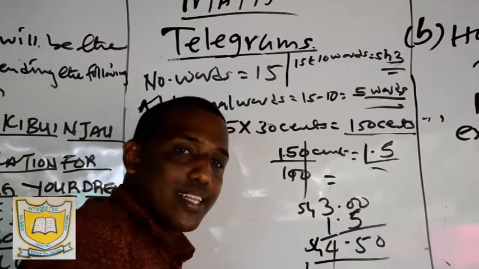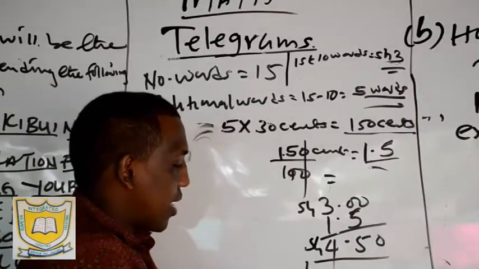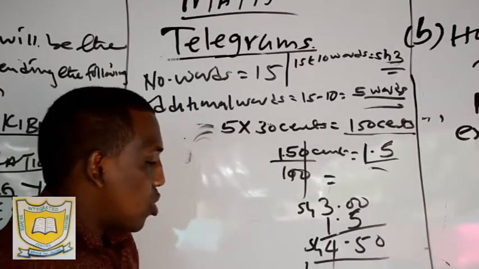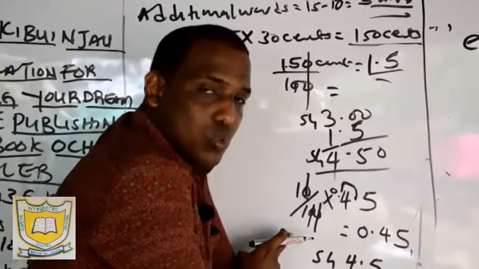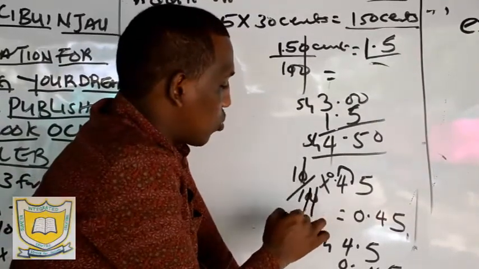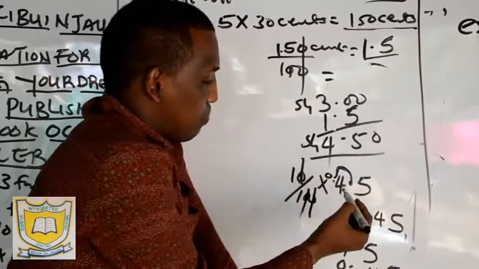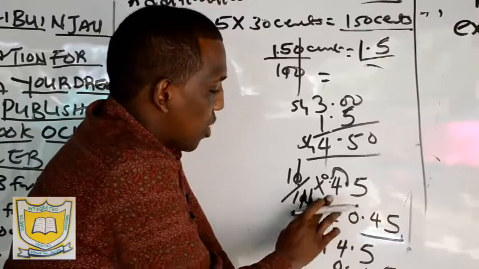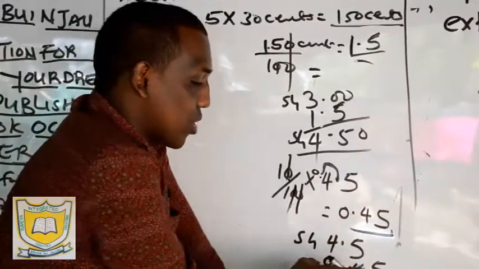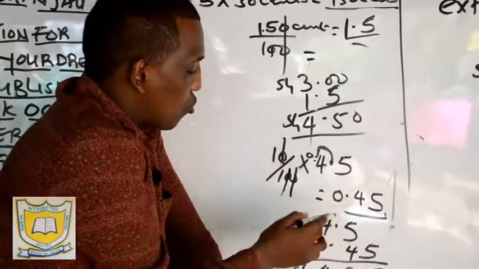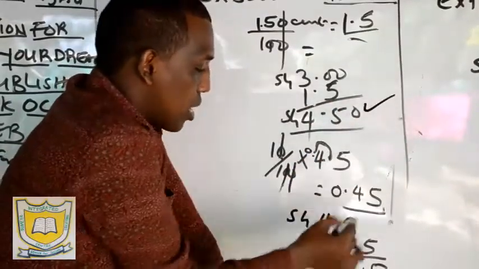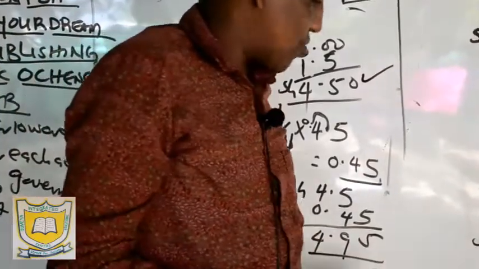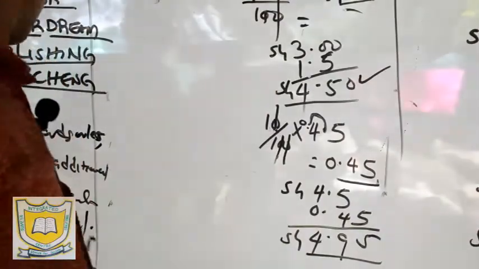A tax of 10% was also charged on the total. 10 over 100 times 4.5. You cancel the 0 with the other 0. I said you don't simplify by 2, because we need the cents. So you cancel this one, and the point will move one step to this side, so it becomes 0.45. Then you re-add. Do not forget, learners normally forget to add. So 4.5, the initial total amount, plus your answer 0.45, you will get 4.95 shillings. That's how we do it.